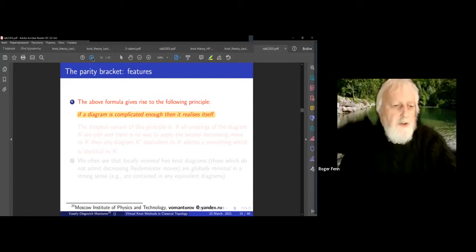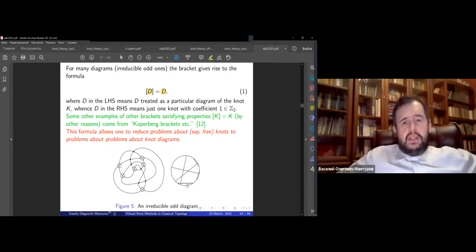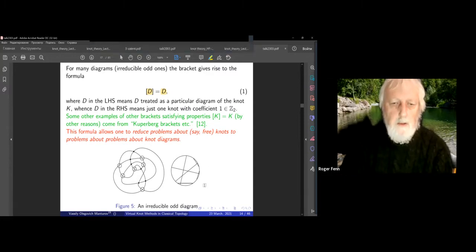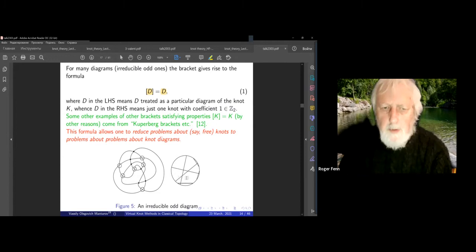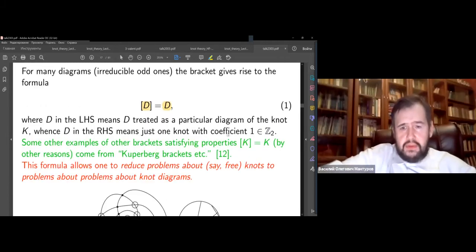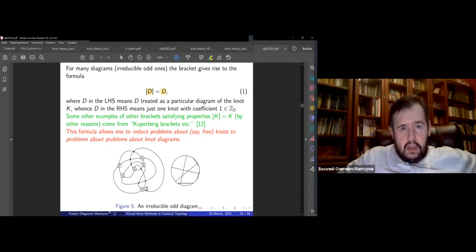Vassily, is that an example of, is that the six, the flower one? Yes, so this is the sixth flower. Can you speak more loudly? Yeah, is this the evening star? What do you call it? Never mind. Well, so yes, so this is the Gauss diagram. So on the right, I have the Gauss diagram of what I drew on the left. Yeah, sure. Okay.